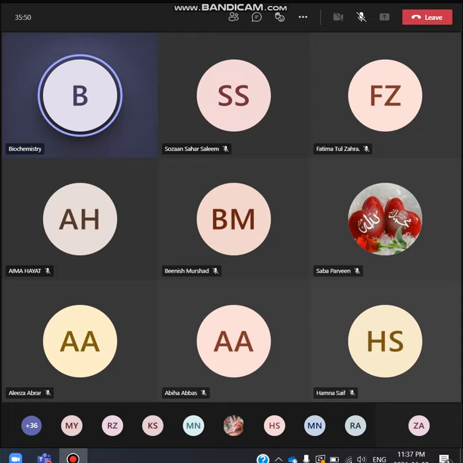Then you will add 8 drops in the first test tube of set B. First test tube of set B. For set B, which test are you going to perform there? Benedict's qualitative test. Yes.